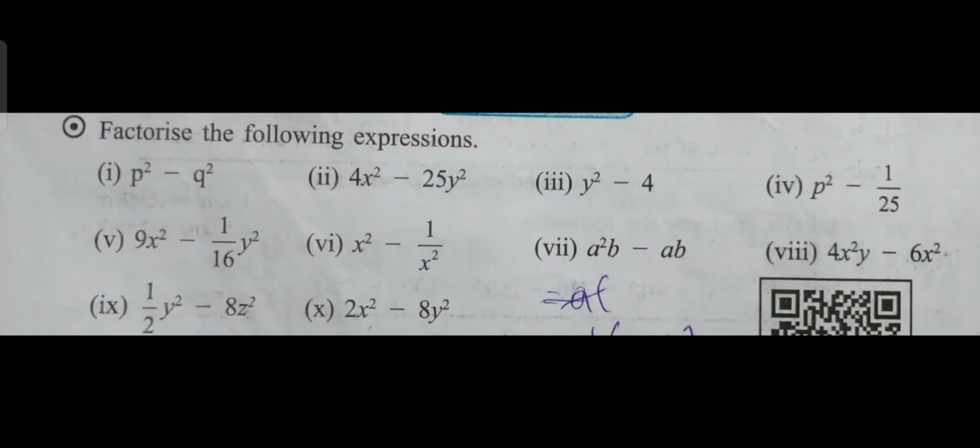Next question is factorize the following expressions. Now here, p square minus q square. Here you are supposed to use the formula and you are supposed to solve all these 10 sums. Okay, practice these 10 sums because all the 10 sums are not equal. All are of different types. Okay, you all know how it is. First, how you are supposed to find out the square. If square is not there, then how with the single thing you are supposed to solve it.